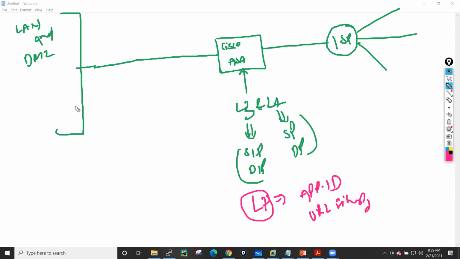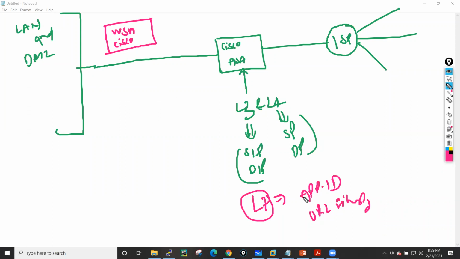All the media streaming sites. If you want this kind of flexibility, you need a URL filtering solution, right? So what do you have to do? If we talk about Cisco, if you need a URL filtering solution, you have to purchase one more solution, which is Cisco WSA, Web Security Appliance.